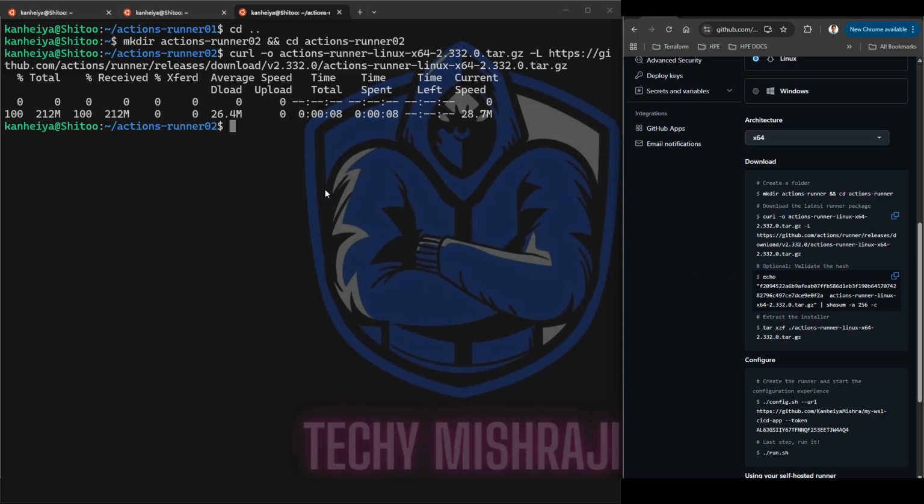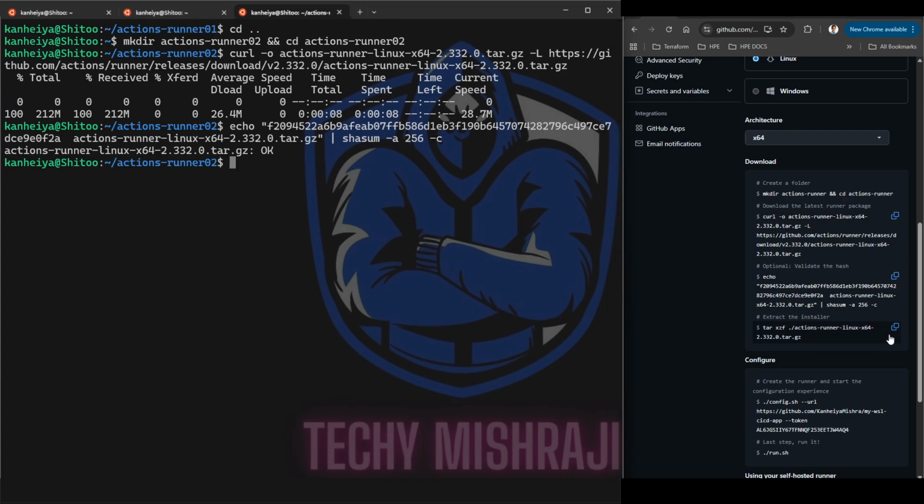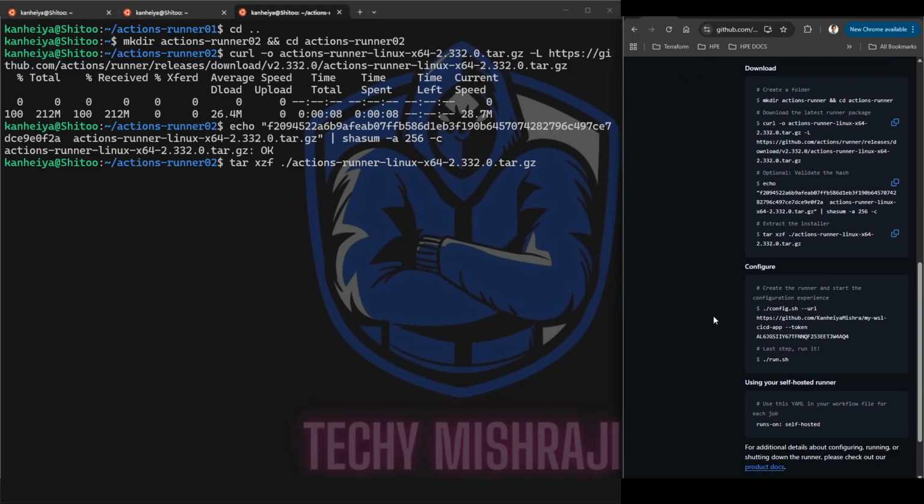I want to be very clear to everyone. That's why I'm keeping the terminal on one side, and the browser, from where I'm copying the command for the runner, on the other side. This will do the checksum, and let's do this. This will not take much time because we have already done the update, patch and upgrade of our Ubuntu machine. This will just extract the files and put them into a folder named actions-runner-02, and then we are going to execute it,